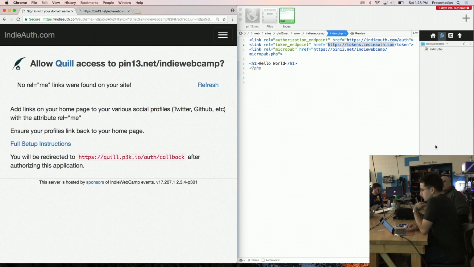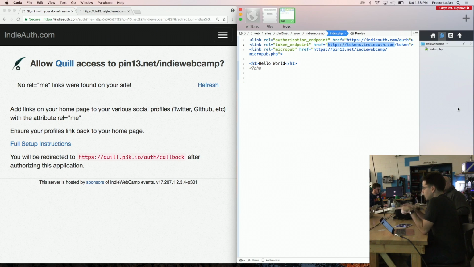So the longer version, if we end up with enough time, is I can go onto the server and write a new token endpoint. Okay. And then I will replace this with /IndieWebCamp/token.php. So is that indieauth.com/auth just a kind of a proxy that's going to authenticate anybody that says